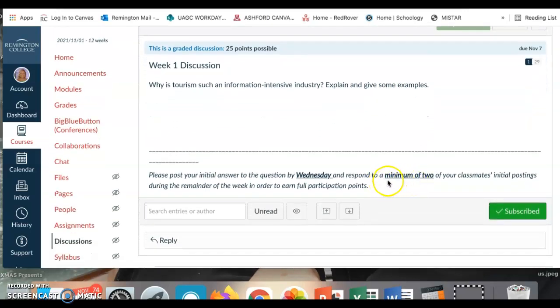All right, and then it says you need to respond to that and also to 2 other classmates. So if you want to earn the credit for this, obviously it's going to get deducted late penalties, but you would need to answer the question and then you need to respond to 2 classmates. When you're responding, you have to say something more than just I agree. All right, then if I go to Module 2,